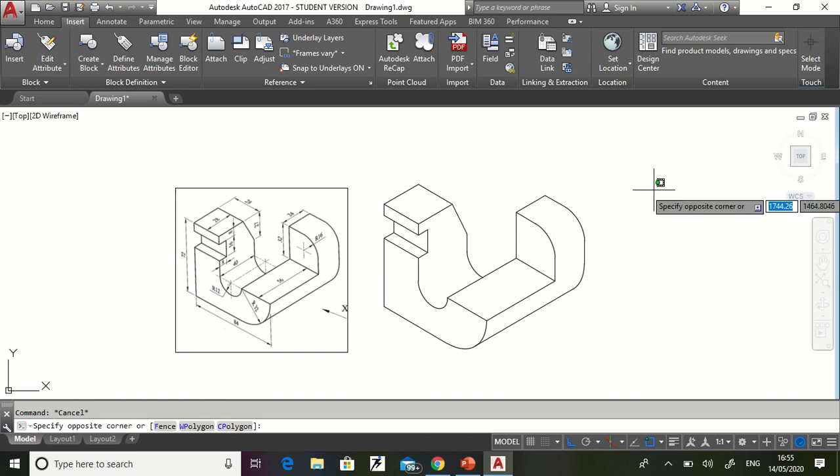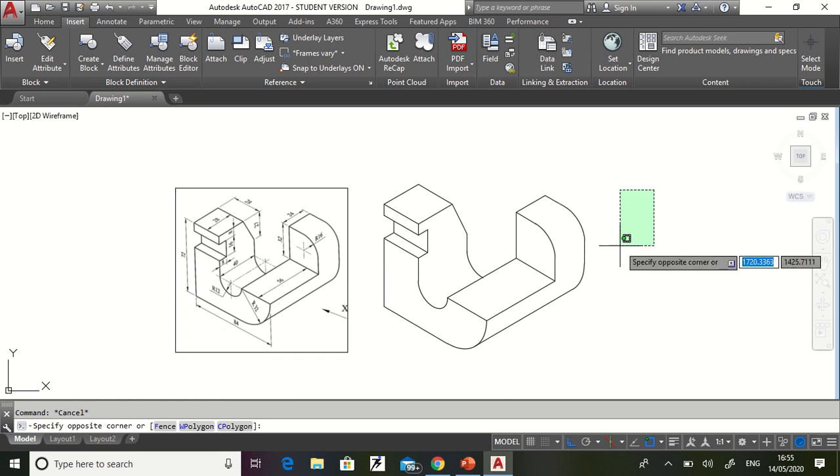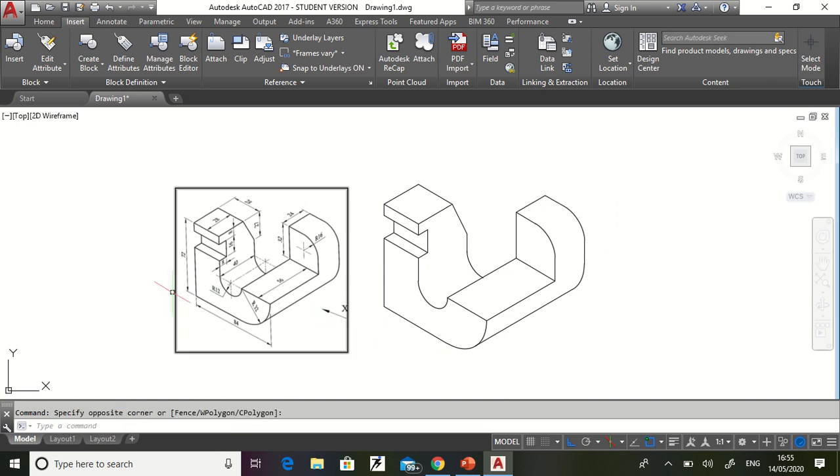Right. Correct. So how did we start? We will just summarize. We started with this point. We had gone at a distance of 84 from here. Then we have drawn 32. Then 32 in the front. Then we have gone 56 inside. Come out by 32. Then we have completed this profile.